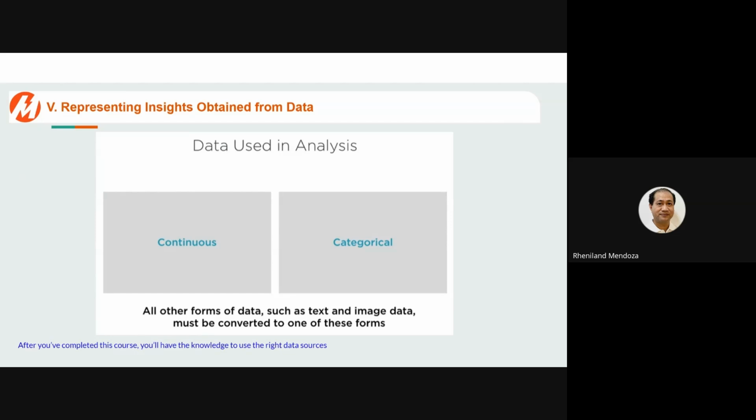Whatever features you're working with, whether it's just ordinary numeric features or text, all other forms of data must be converted to either continuous or categorical before you can use them for analysis and feed them in machine learning. Now remember, both continuous as well as categorical values have to be expressed as numbers.